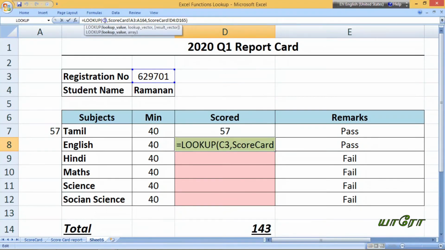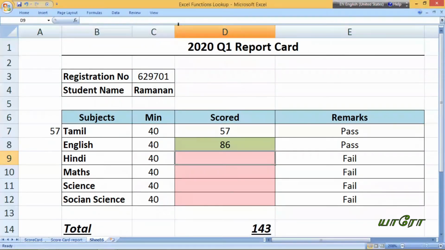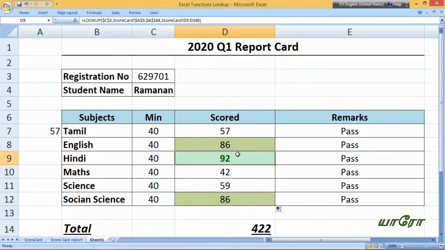So now I am going to put, it is going to be constant, A3 to A164 is going to be constant, this has to vary. I am going to drag down. Now you see the second formula, C3, A3 to A164, the C3 value searched on A3 to A164, but the result will be D5 to D166.